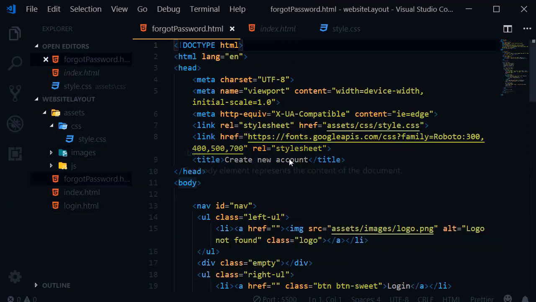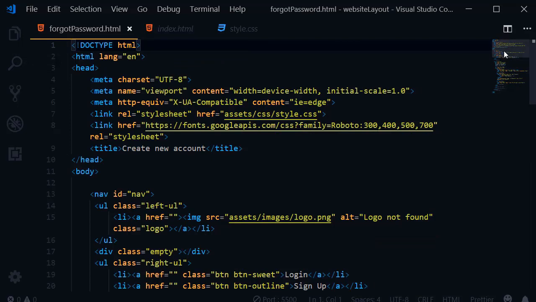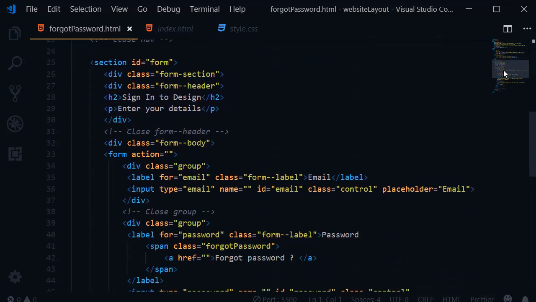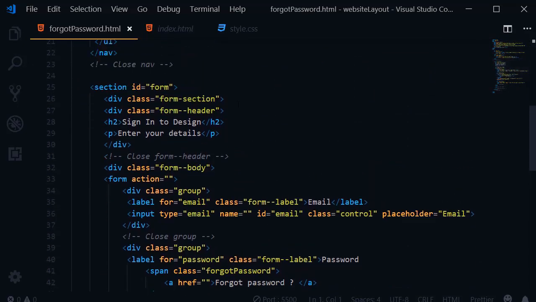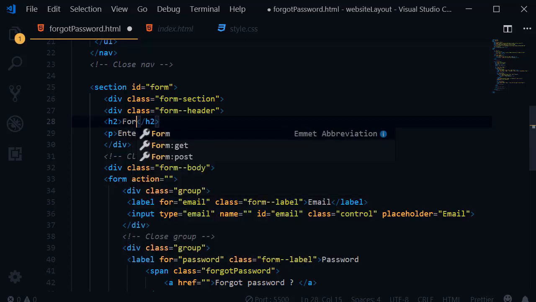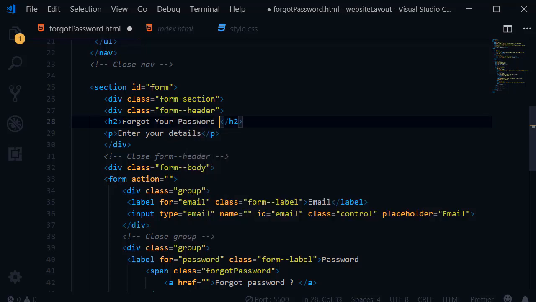Now close the sidebar, and first of all insert the heading, get rid of this, and here just add forgot your password question mark. Insert the p tag,